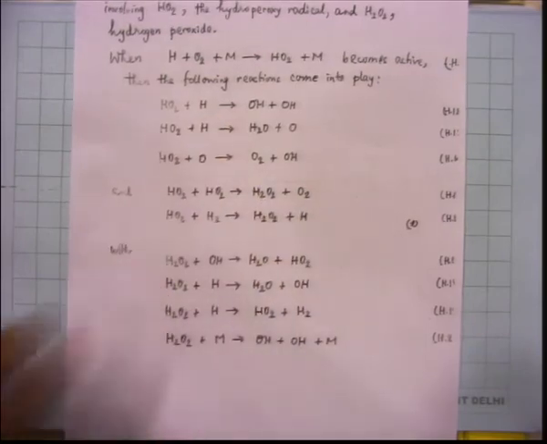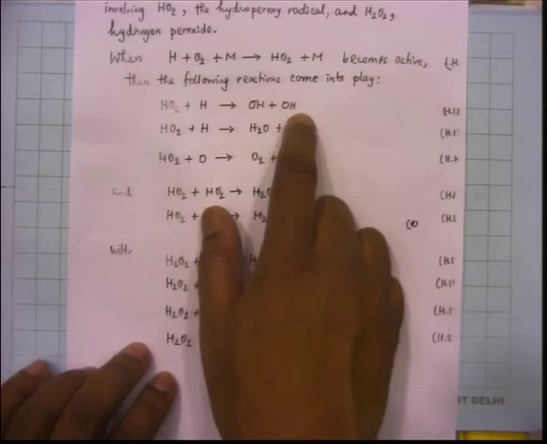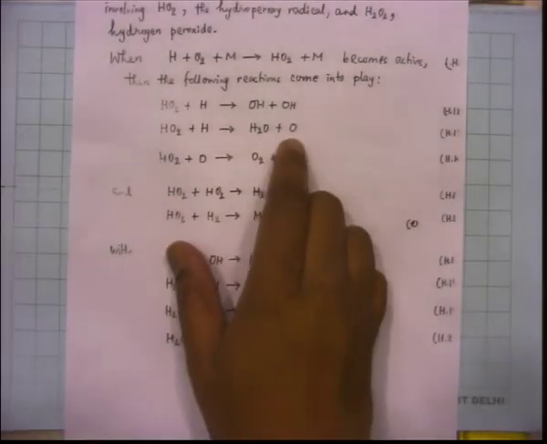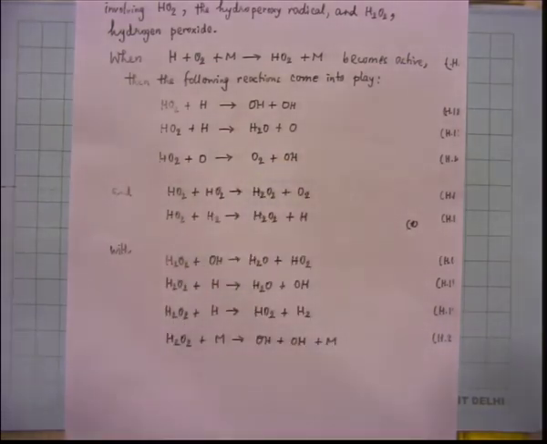So, for example, this HO2 now combines with H. H is already available in the system in the gas phase somewhere. So, it reacts with that to give you OH plus OH. So, it is giving you 2 OH radicals. So, that is good, and similarly it gives you O atom here. So, it does all kinds of things. Here it gives you OH. So, all this set of reactions open up, which again this particular set makes the system reactive, makes the system explosive. Actually, it is always reactive, but it makes it explosive.